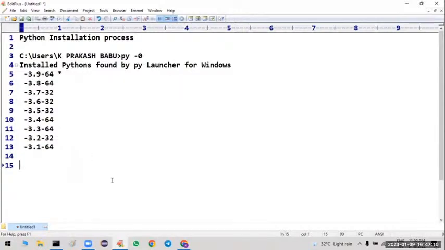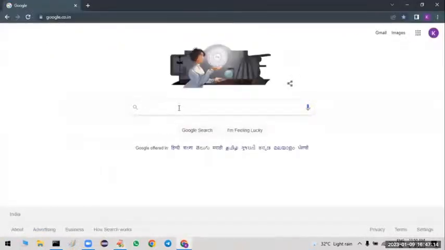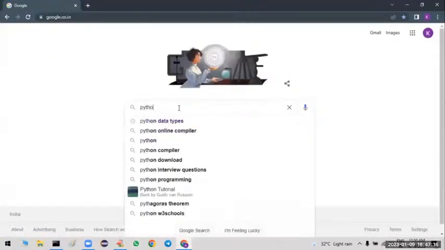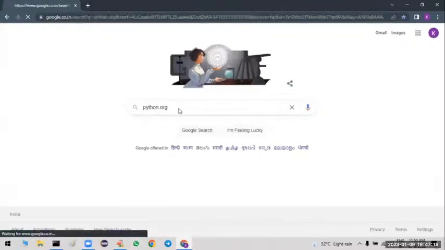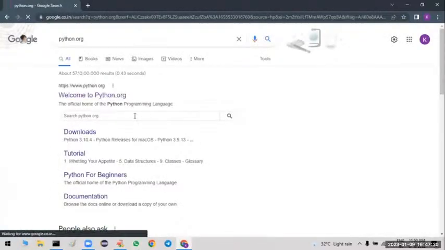Now I want to install the latest version. What is the latest version? 3.10. Sir, how to download that latest version? You have to go to the python.org website. In this website you can find the latest version of Python.